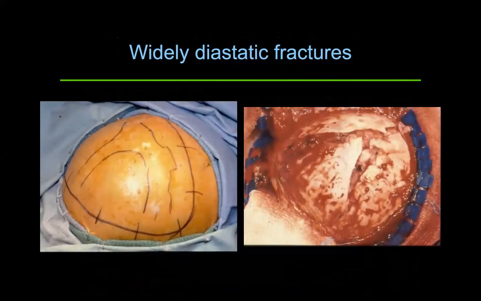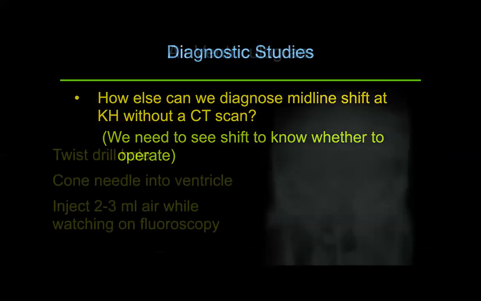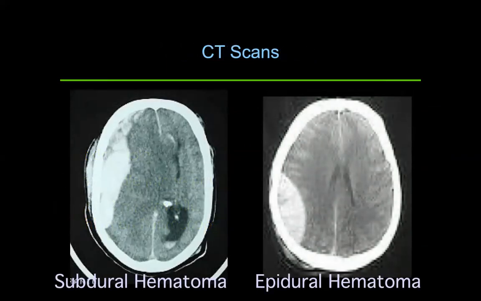And you can see this patient with what we suspected had a diastatic fracture, and you can see a dural tear when you have widely diastatic, so-called growing skull fractures. I'll jump this one. This is just two children, subdural hematoma, not limited by the sutures, and you can see